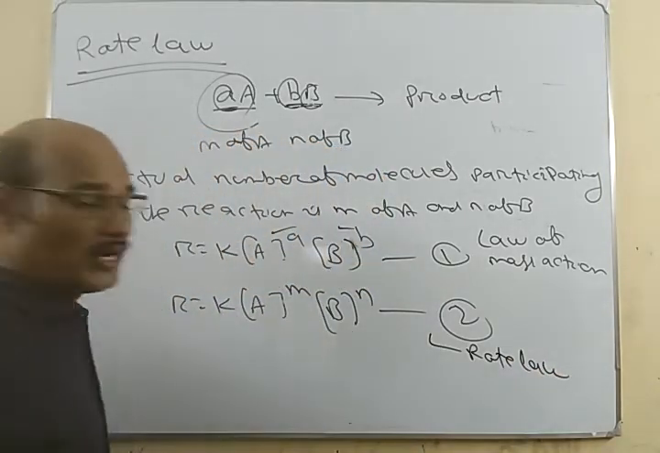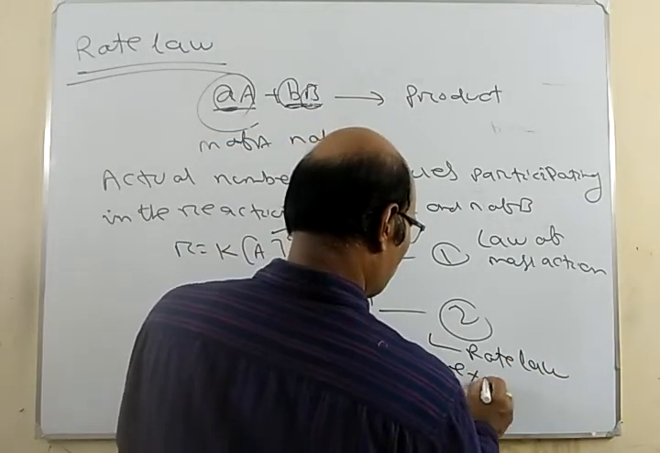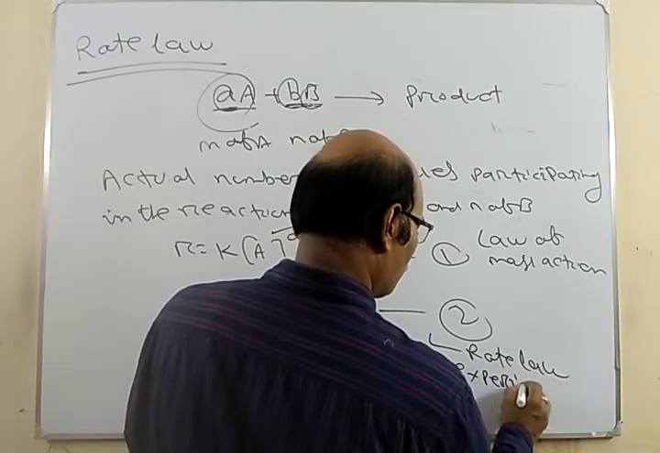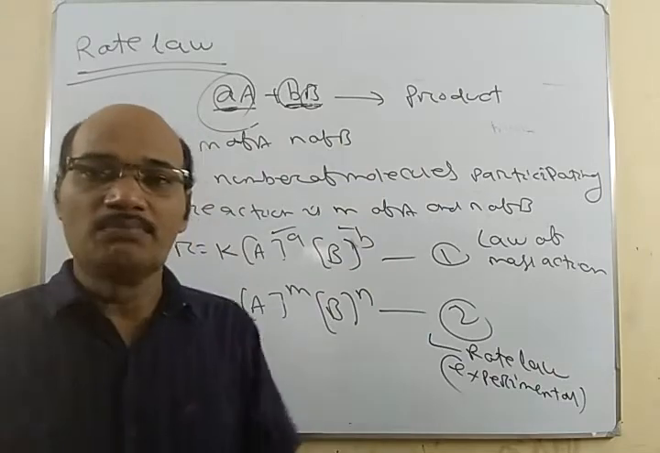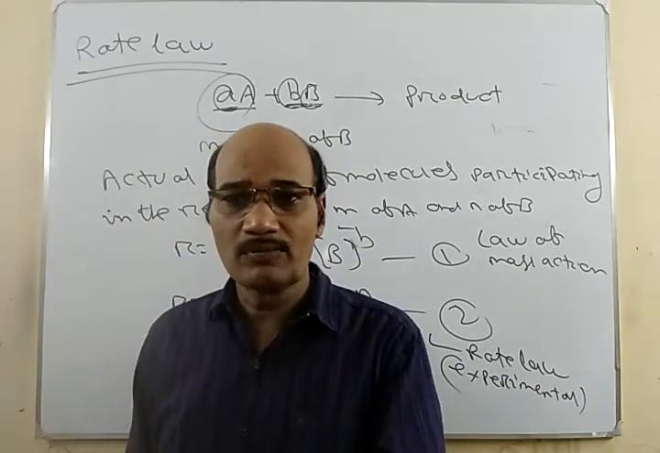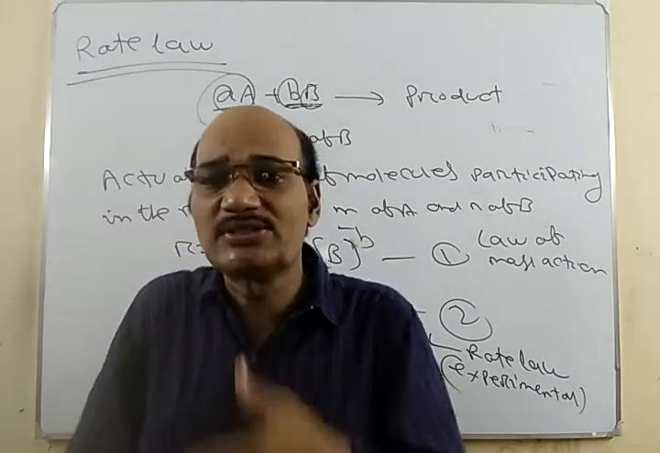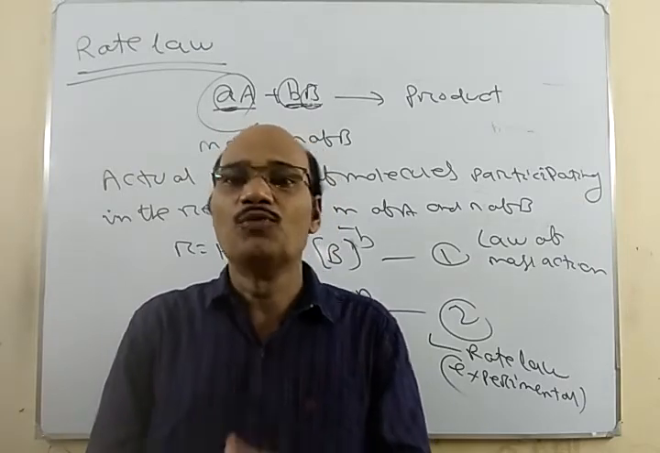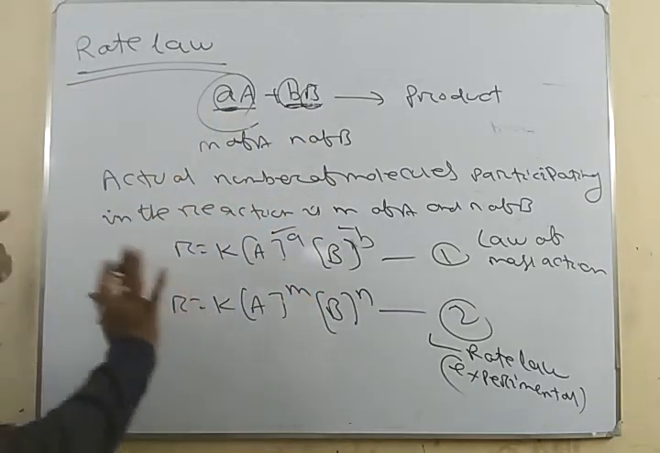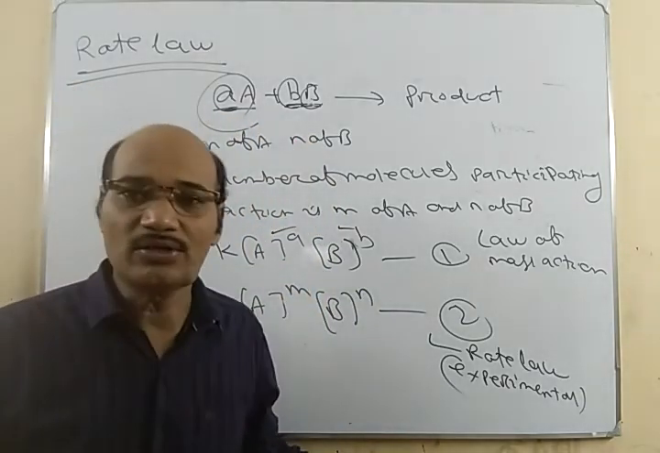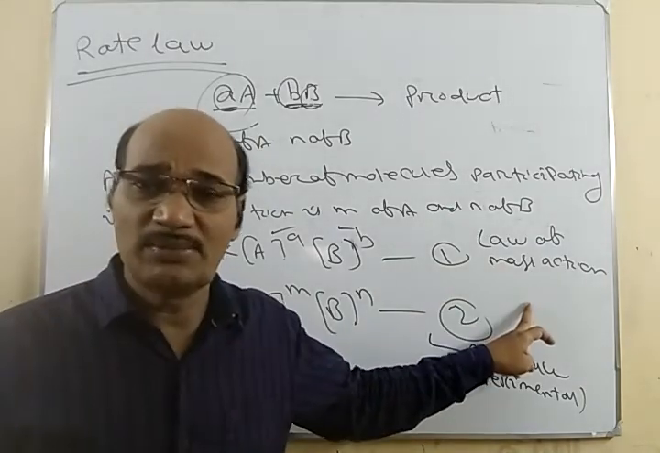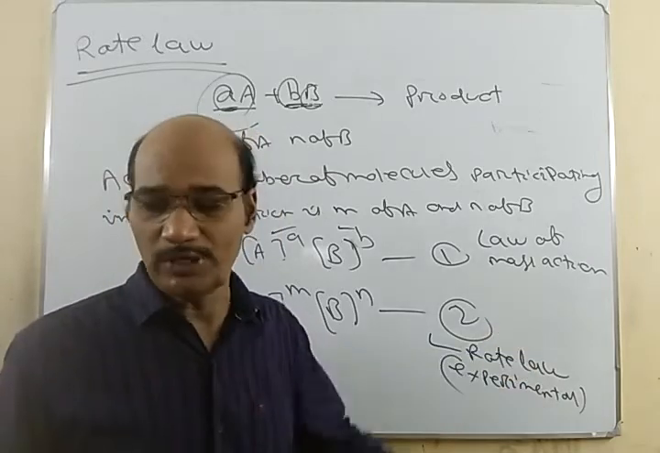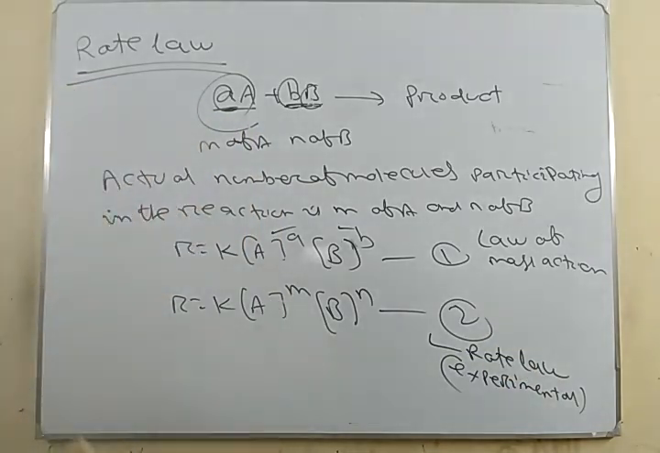And this rate law is what? Experimental. By doing the experiment only, by taking the data from the experiment only, we can write this rate law. So rate law is experimental, which means law of mass action is theoretical. Okay. Now see,